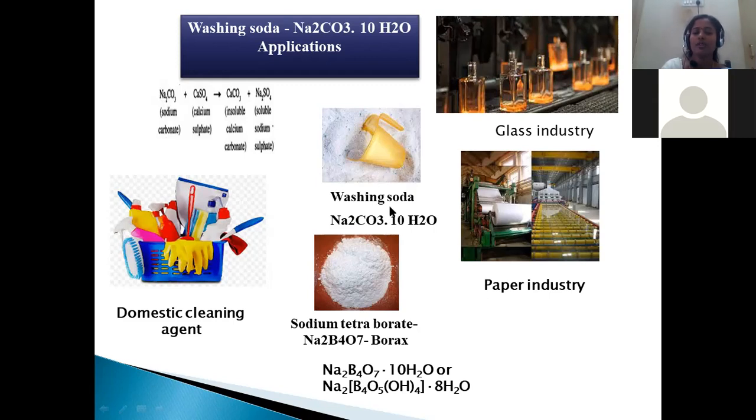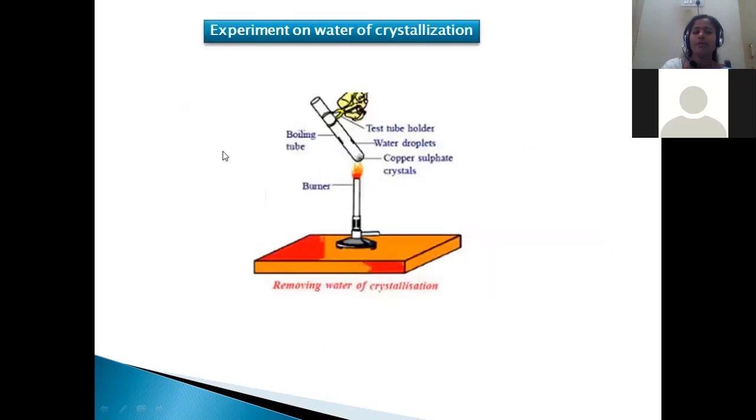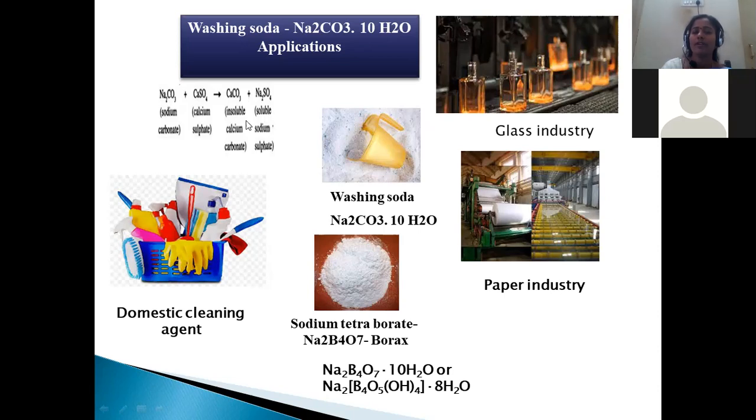Just now we discussed that washing soda is an essential domestic cleansing agent. Whatever cleaning agents are available, the major ingredient will be washing soda only. Sodium carbonate has the tendency to kill pathogens, to remove all kinds of disease-causing organisms like bacteria, viruses, and microorganisms that cause diseases. That's the reason why we can say it is a domestic cleansing agent. And one more important application of this washing soda is that it is used to remove the permanent hardness present in water, right?